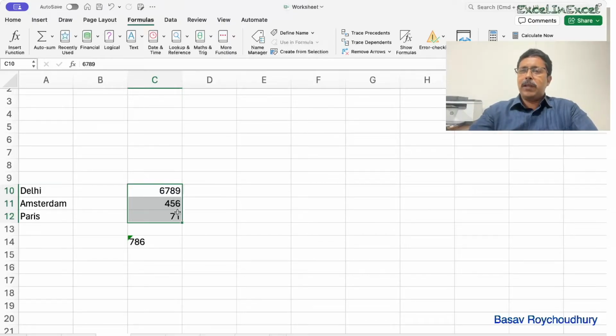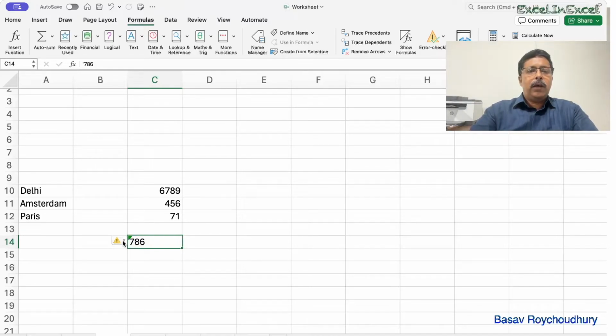Excel follows the same thing. Our teacher is correct even here. Whenever we are writing text, the text must be left aligned, and whenever we are writing numbers, the numbers will get right aligned. However, look at this 786 out here. This somehow is right aligned. That means though it looks like a number, it is currently stored as text, and therefore it actually gives